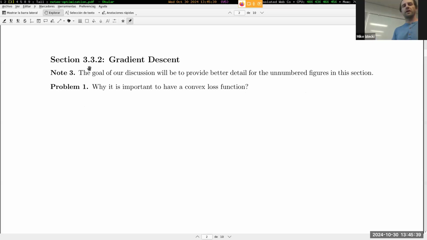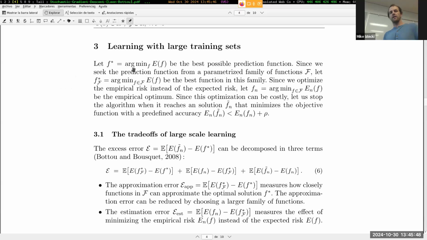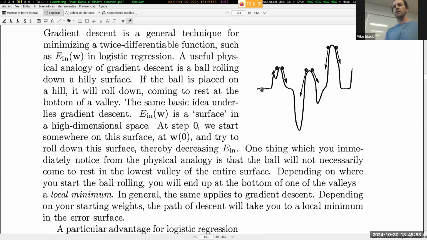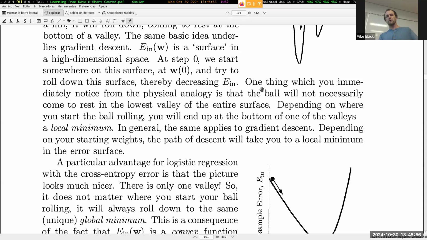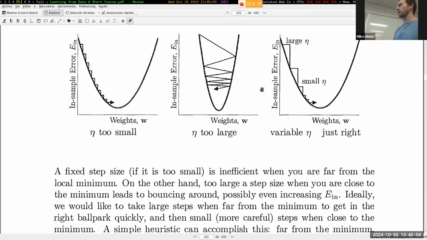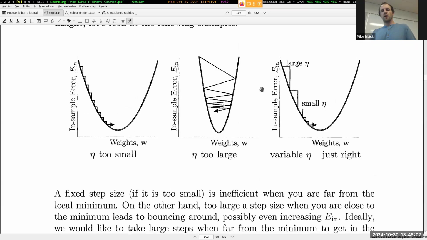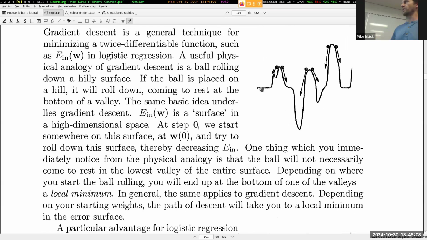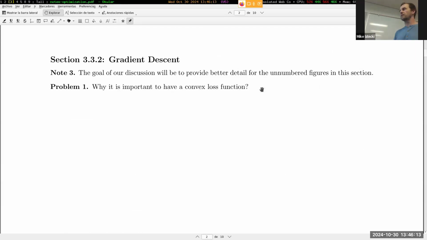Today in class, we're going to start down here on section 3.3.2 in this gradient descent section of the book. And our main goal is that there are a handful of plots that look something like this in this gradient descent section. Our goal today is to basically understand why those plots are what they are and why they're important. The textbook, this again is one of the weaker aspects of the textbook. They spend relatively little time on this optimization part, and so we will spend more time on that. Most of the things that we will say today are things that are designed to give you a lot of intuition for what's going on, and then